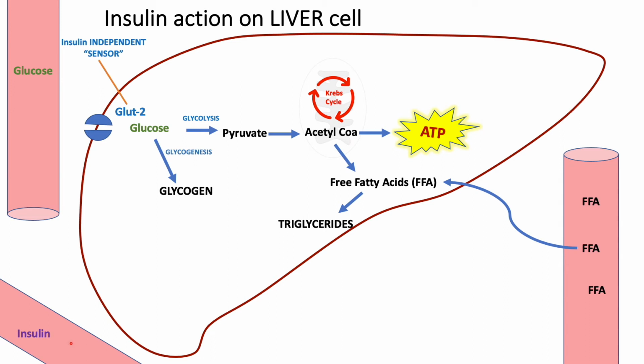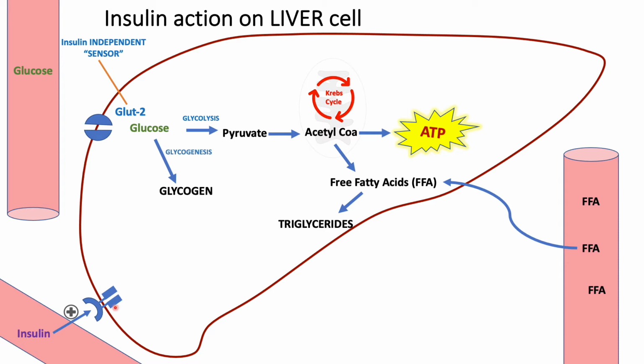Moving on. Here we have insulin in the blood. Insulin is going to act on its receptor, the insulin receptor. So let's briefly go through the insulin receptor. It's a tyrosine kinase receptor. It has two alpha subunits and two beta subunits, and within the beta subunits there are the tyrosine kinase domains. And how this works is that when insulin binds to its receptor,